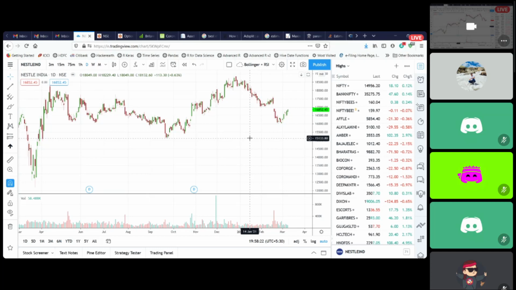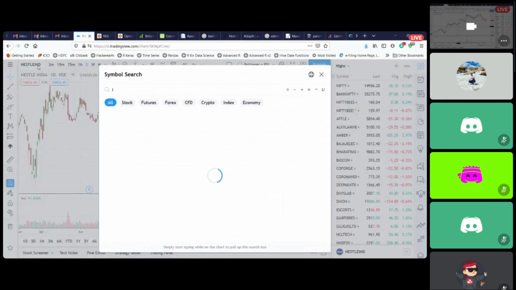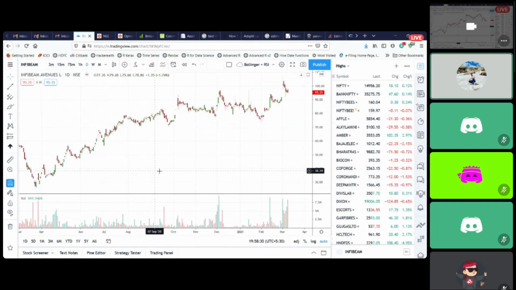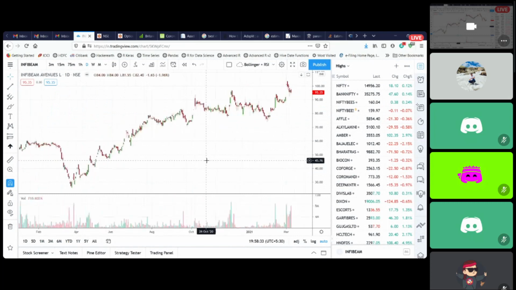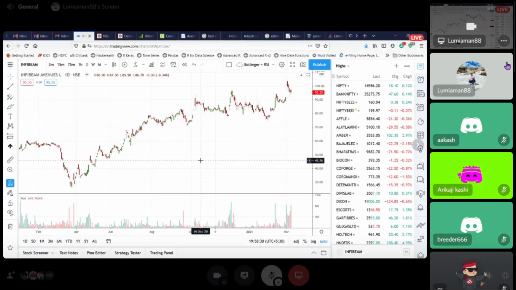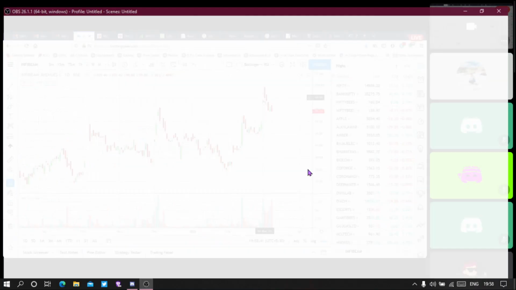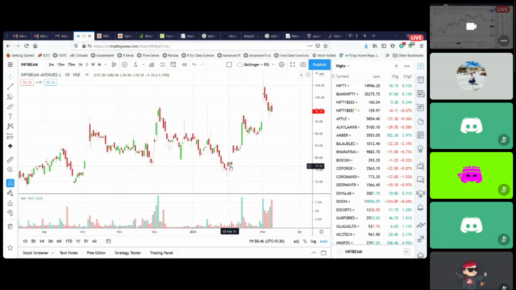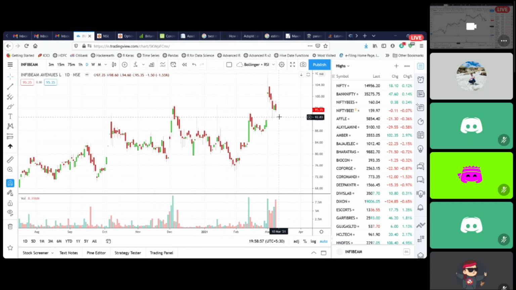And one of the examples that I was talking about earlier for the long wicks, there's one stock, Infibeam Avenues. It's been in a significant uptrend. But near the support zones, the previous resistance zone, you can see the green candle has a huge wick on top. Yesterday's green candle. So over there, wick rejections on top, right?